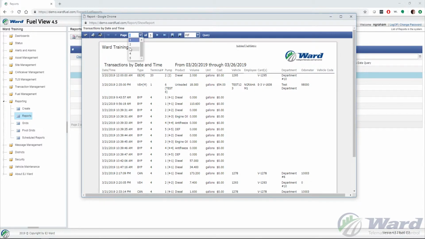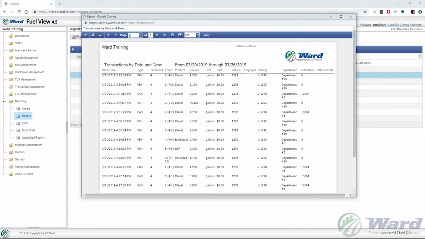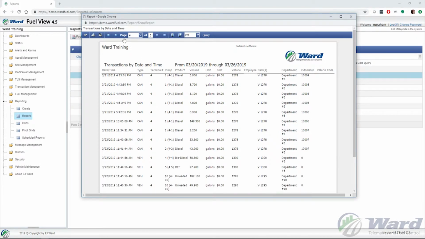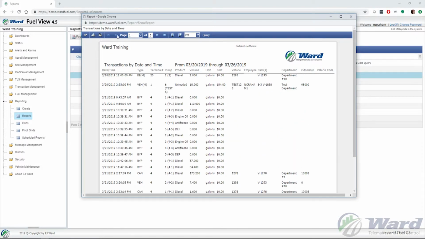So this one actually has 5 pages. You can also see how many pages it has after the word "of". It's going to tell you how many pages. So we have 1 out of 5. And I can go straight to page 3 if I want to, or I can go to page 5 at the very end. And then I can just click back to go through those pages individually if I want to,